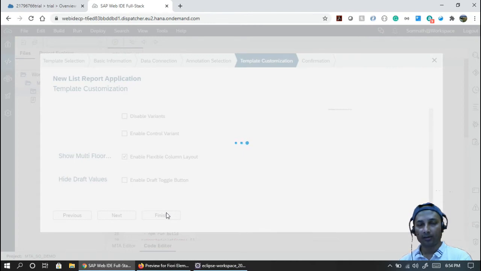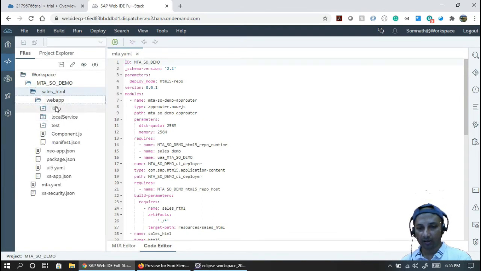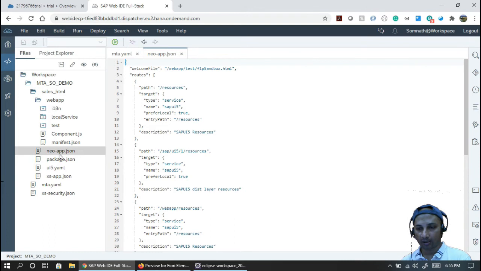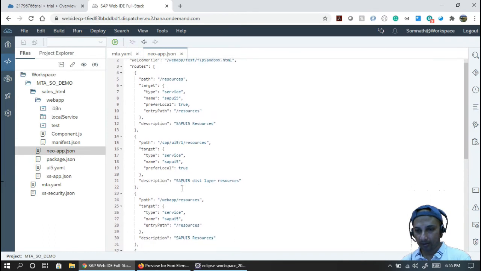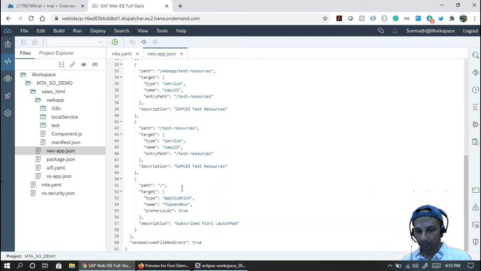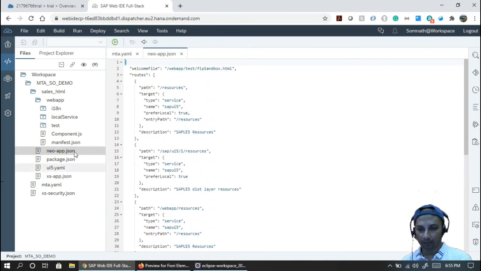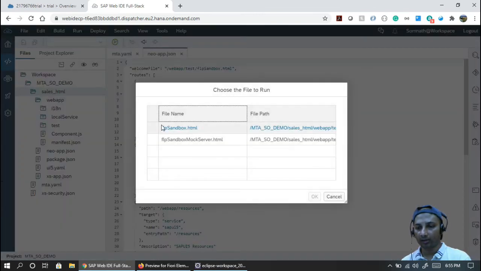And cool, the application is created without any coding. Nothing we have done, just the application created, right? That is the beauty here. Now you see the web app, component, manifest, everything, new app.json, it's all connected, right? Good, all things are fine. So what next do you have to do? Of course, you have to test it. Select this one, not this one, this is the container. Select this one, this is an application. Now execute this with the Fiori Launchpad.